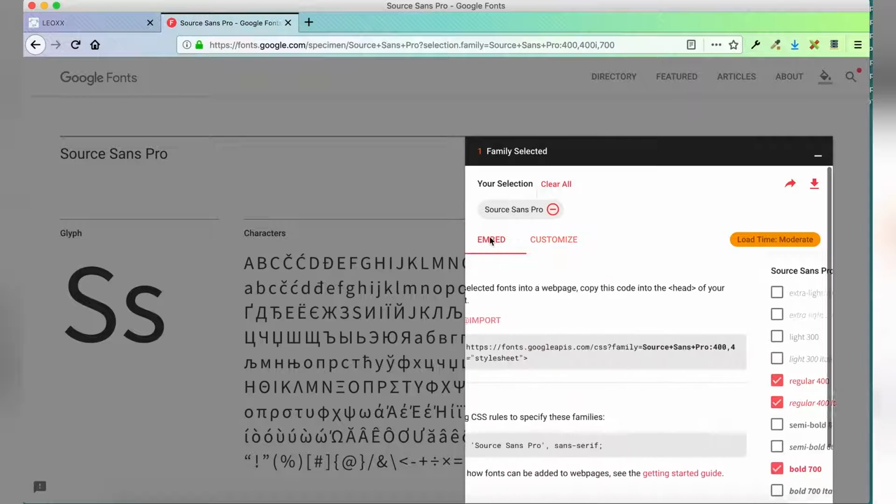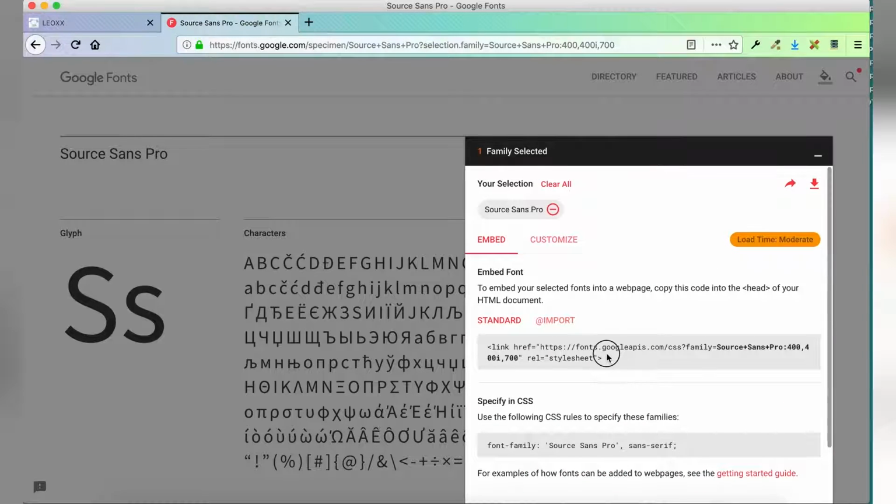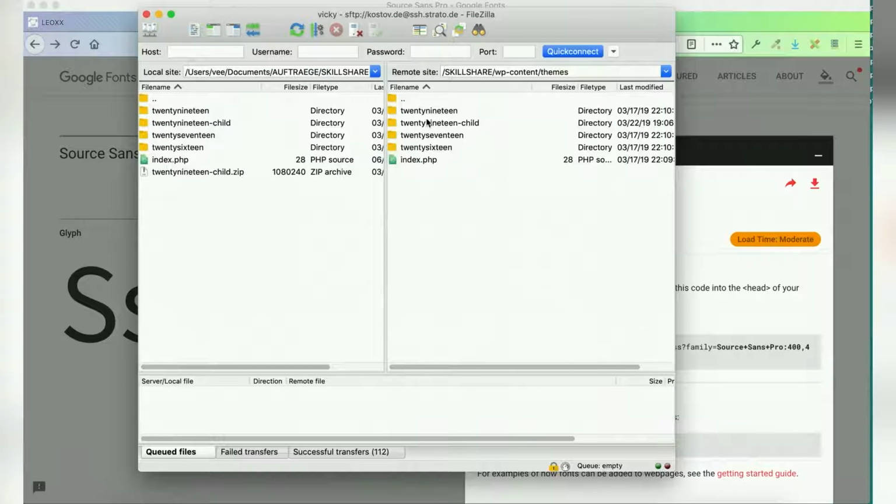And when I look here, I'm going to need this link in my functions PHP file, because we're going to change the fonts via functions PHP as a style link. After copying this link to the font that we've chosen, I'm heading to FileZilla to open the 2019 child folder